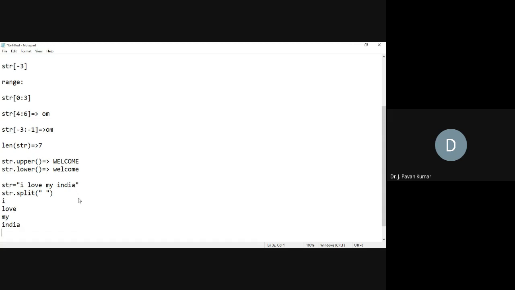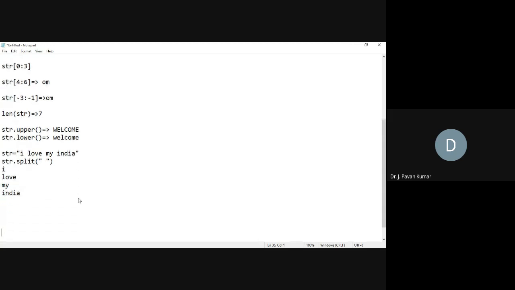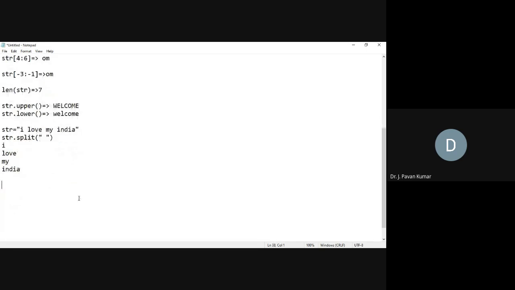Okay, and we have seen several examples related to strings in the last 2 classes. What was the example we have seen? Yes, we have seen the membership operators, right? In and not in. For example, we are having a string like this: I love my India.